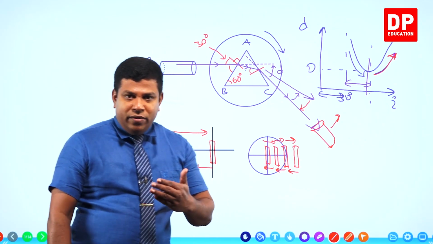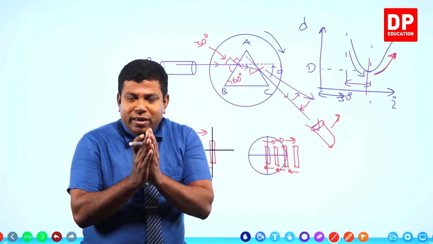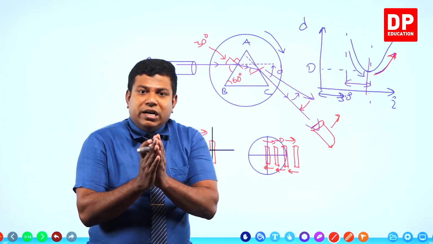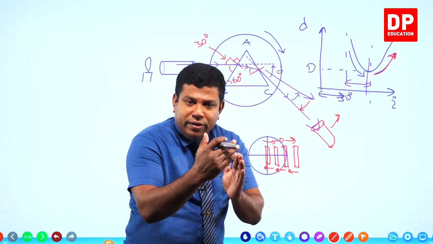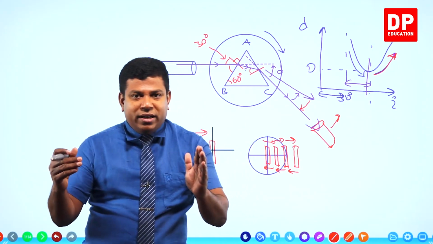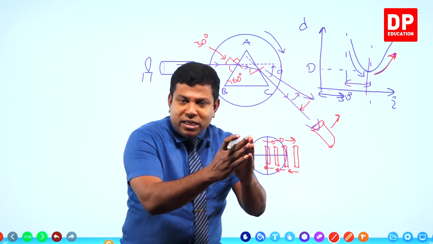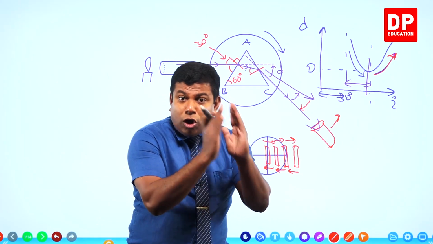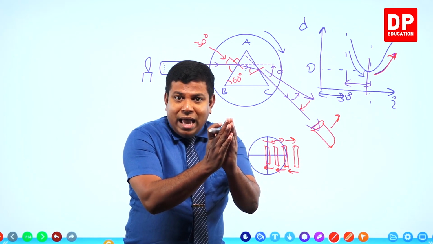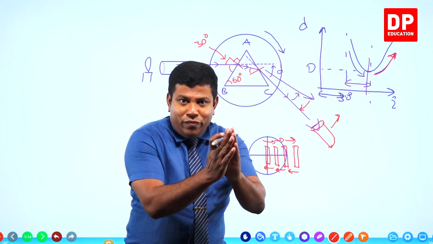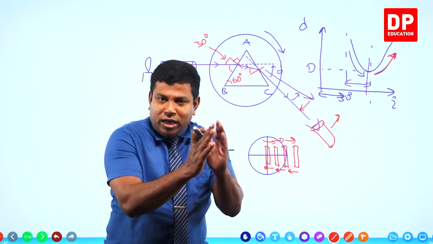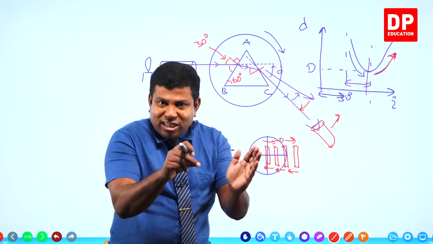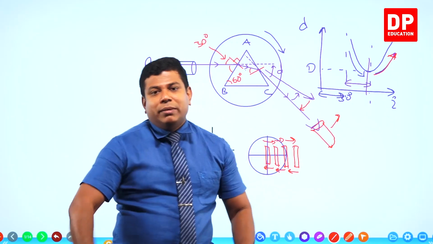I repeat, first you find out the position where the image doesn't move. It moves in one direction, stops, and moves back. Find the point where it stops. At that position, fix your prism table. Then don't rotate that further. After you find that position where it takes the turn, stop your prism table.